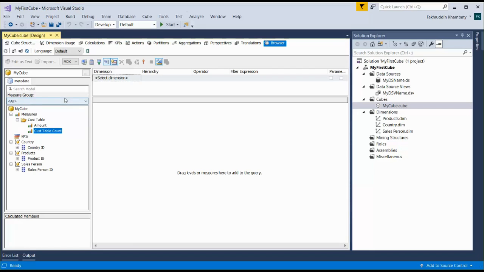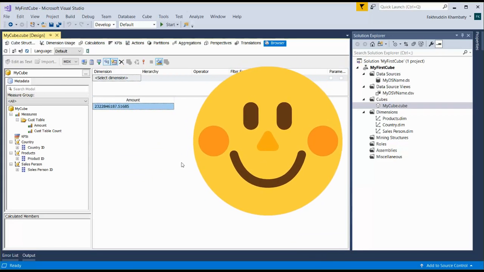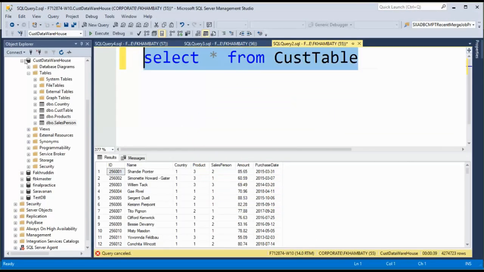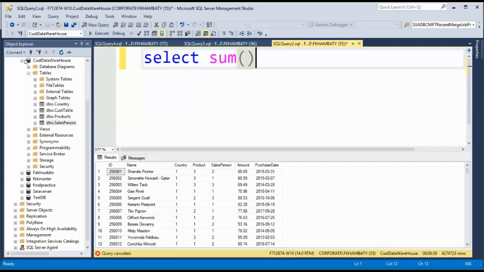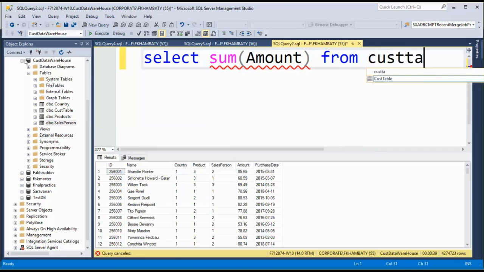So all that I have to do is drag this amount to the right field, and that is the total of my amount. If I do the same in SQL, it is the sum of amount from cost table.